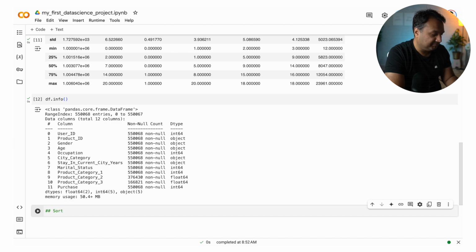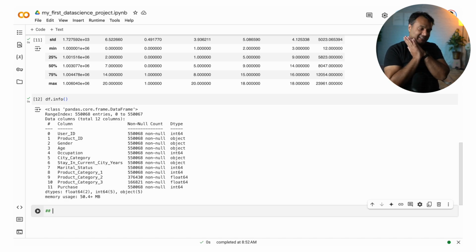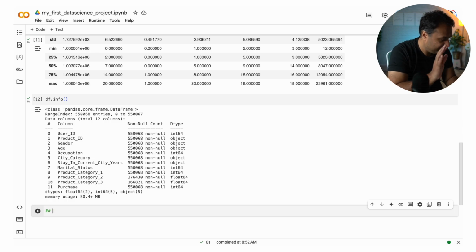Now, whenever you add these pound signs before anything, it basically means you are adding a comment. This is your way of telling Python, hey, don't execute it. This is just written by a human for other humans, not for the machines to process. So you just ignore it. You can see the color changes here to green, which means it's just text for my own purposes or for some other humans. So here, let's see how I would sort the data.